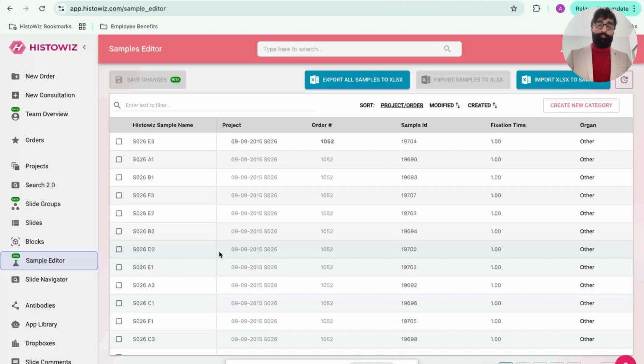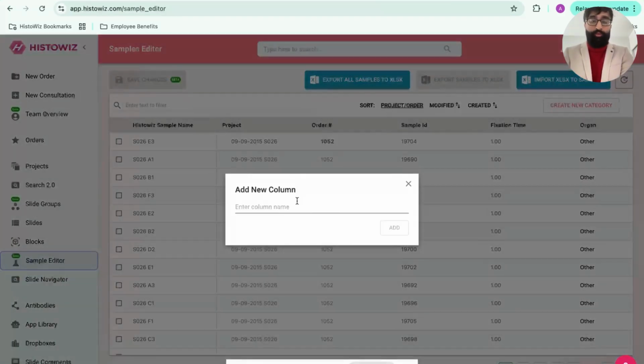Now, there are some pre-populated fields that you might have entered, but say as your research evolves, you want to create new fields. You can easily do that by creating a new category. Say, for example, I'm interested in bile duct, and percentage bile duct itself would be a metadata field.